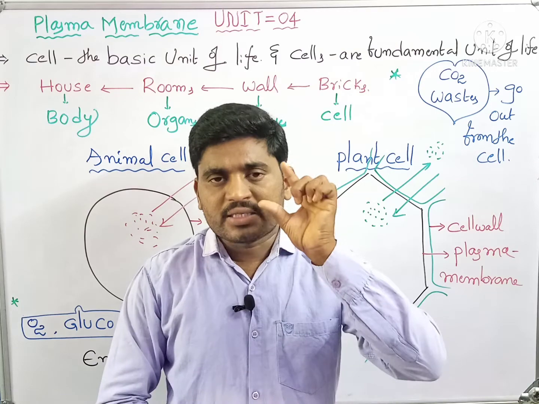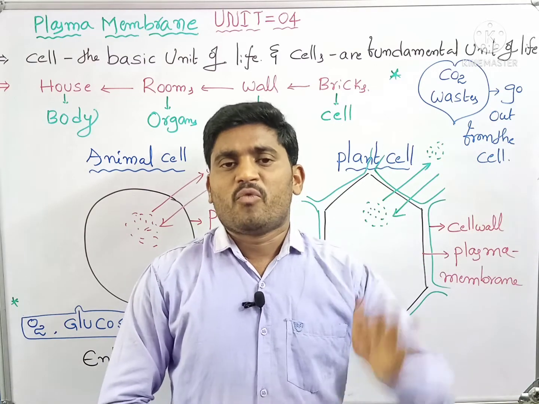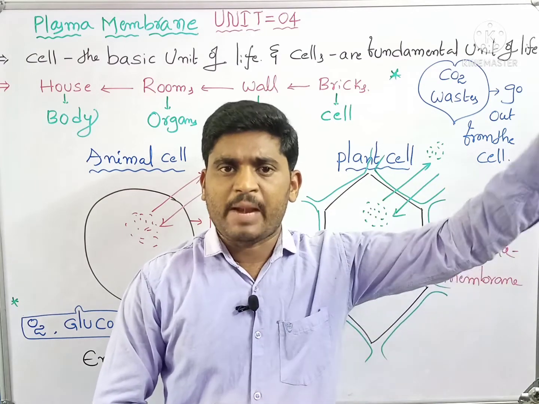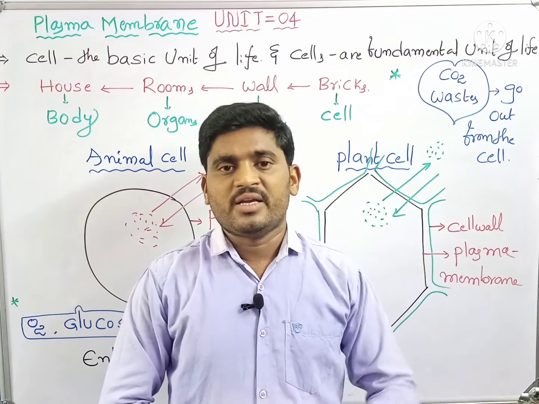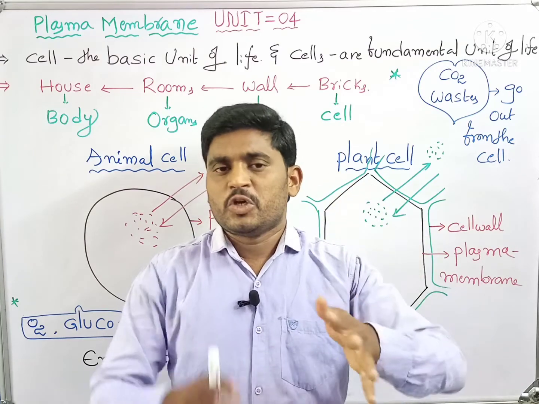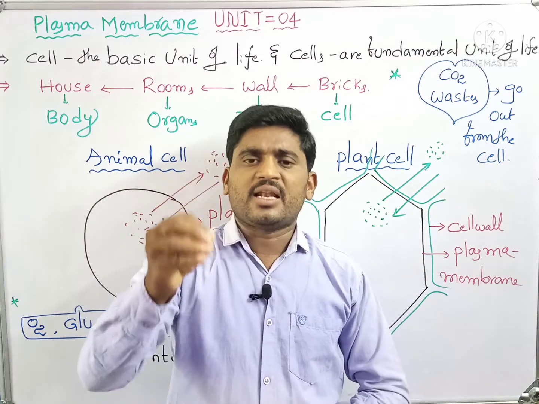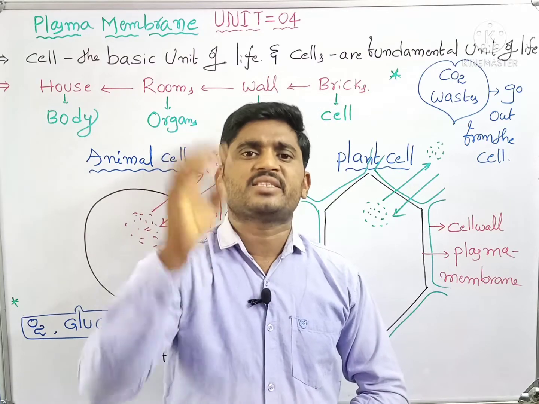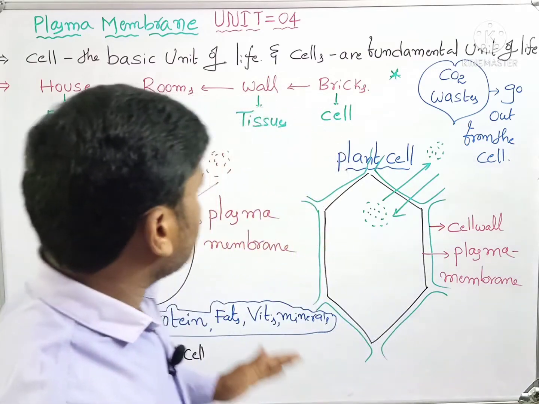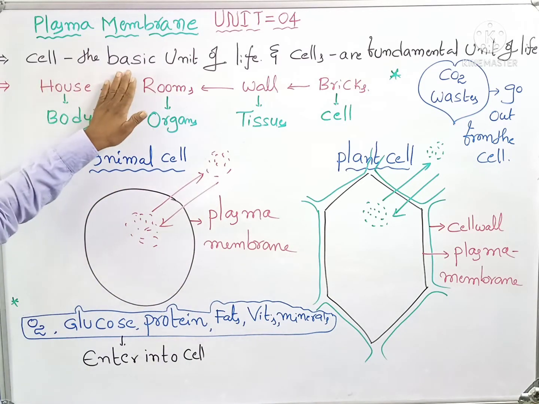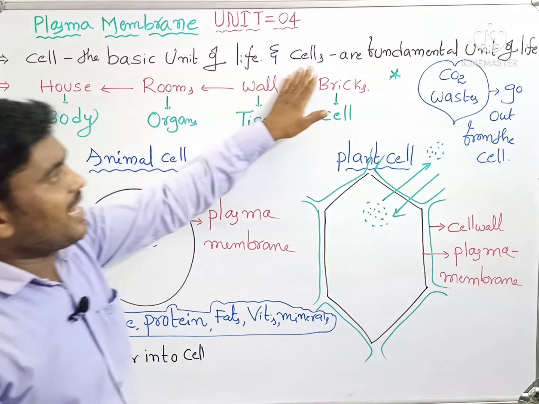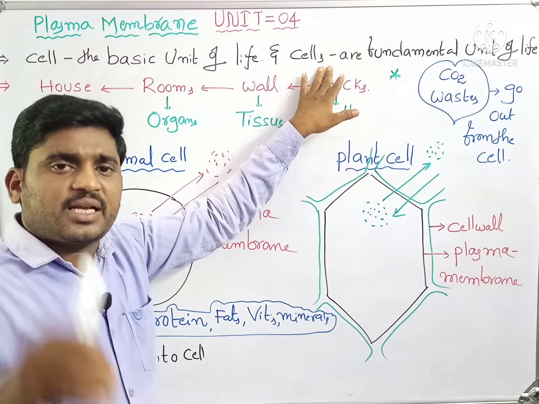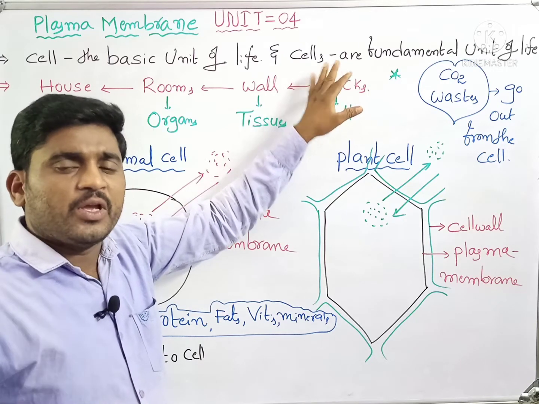That's why the cell is the structural unit. Functional unit means the cell performs different functions in our body at the same time, and in plants and animals also. That's why the cell is the functional unit. So, totally combined, the cell is the structural and functional unit of an organism. That is the introduction about the cell. So for example, look at the board. Cell, the basic unit of life. Cells are the fundamental unit of life, and at the same time the cell is the structural and functional unit of an organism.